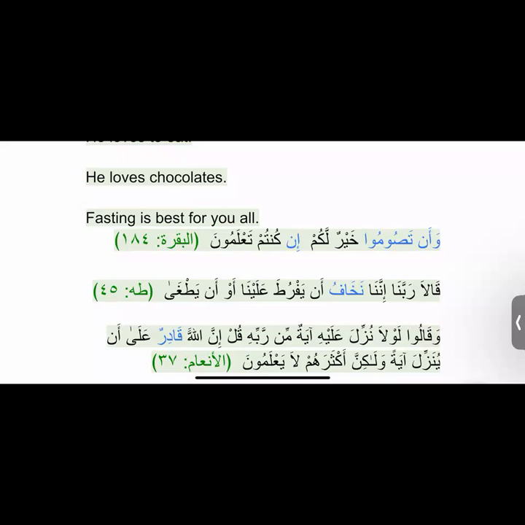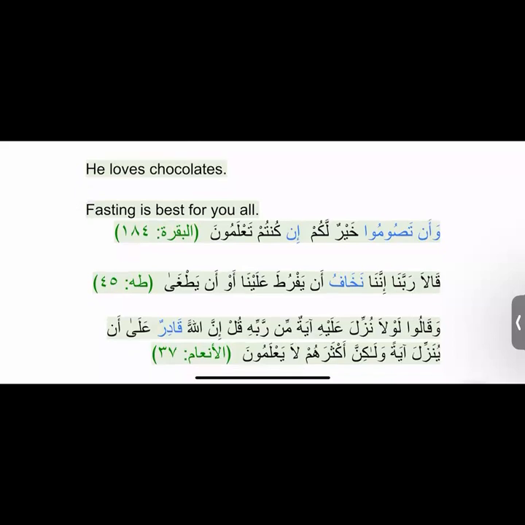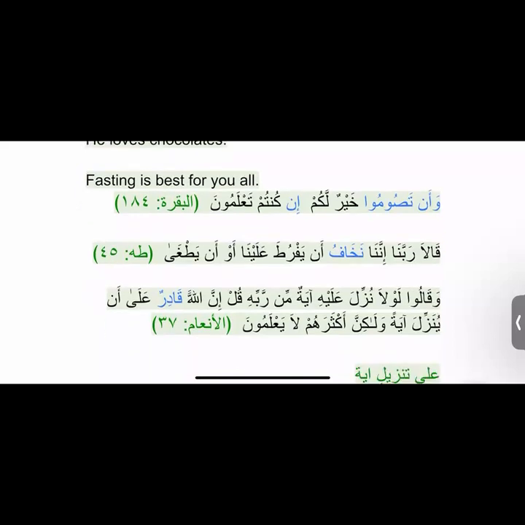Because your mubtada is always raf in status, therefore it is fi muhalli raf in. That is why if there is something that is not raf in status, I'd never call it mubtada. I call it ismu something, or if there is any change in i'rab, I have taught you how to put your i'rab and how to correctly put your i'rab, right? Okay. Now when we see qala, what do you think about qala?